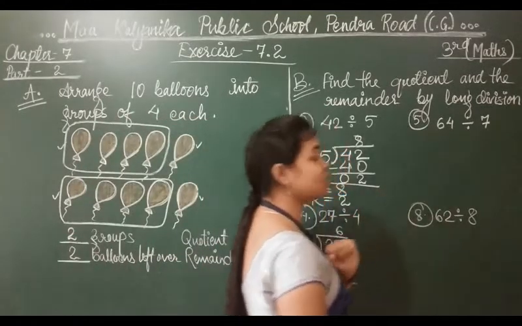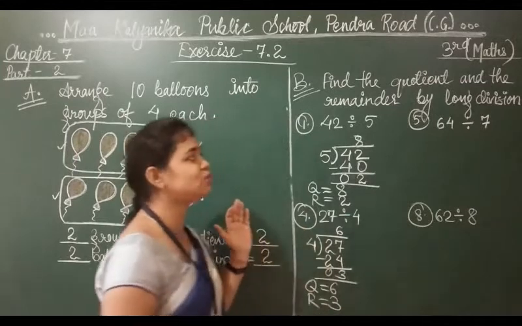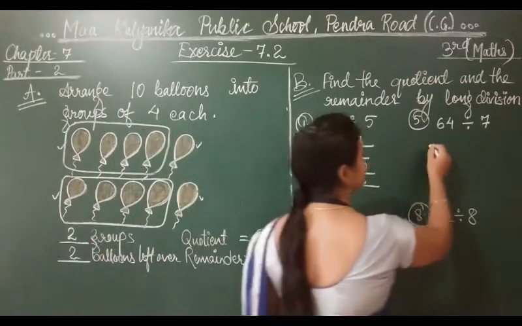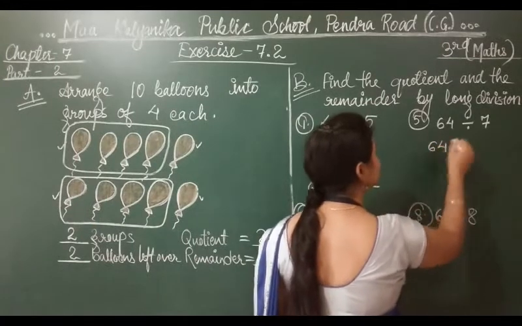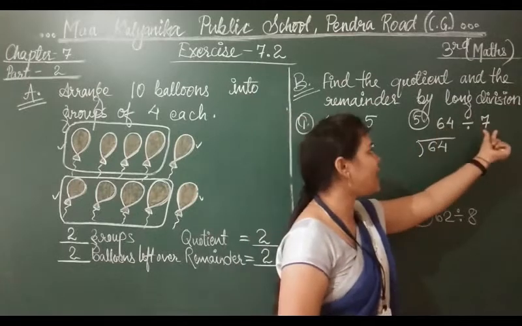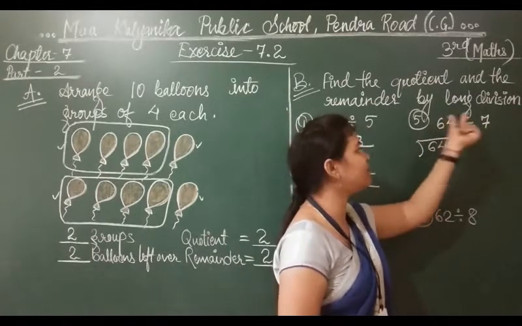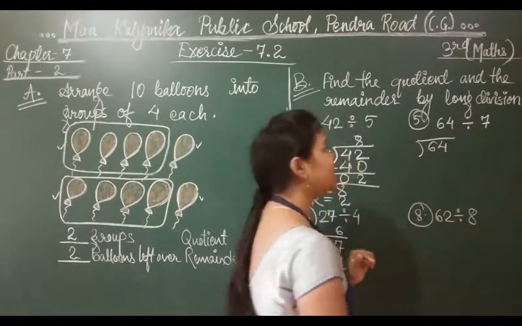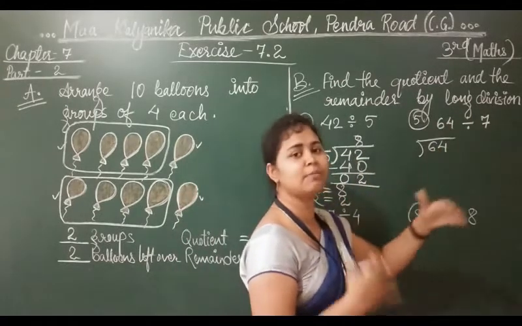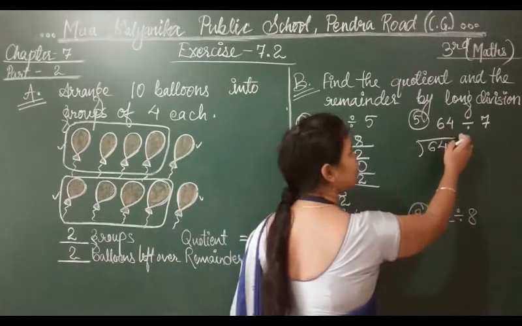Now moving to question number 5. In this exercise, students, I am solving more questions for you. Okay. So don't worry, we will learn how to divide all the numbers. So this is the division of a 2-digit number by a 1-digit number. Later on we will learn the division of 3-digit numbers, 4-digit numbers and so on. So simply, 64 divided by